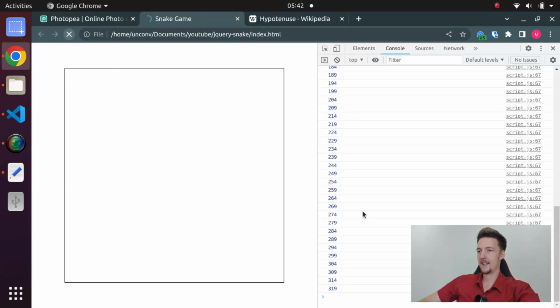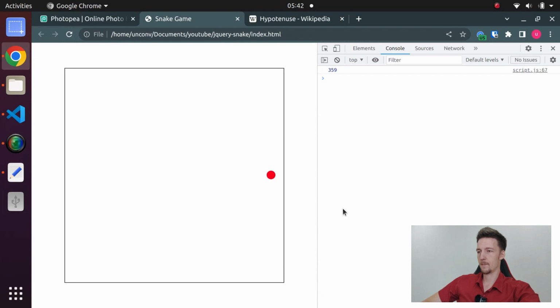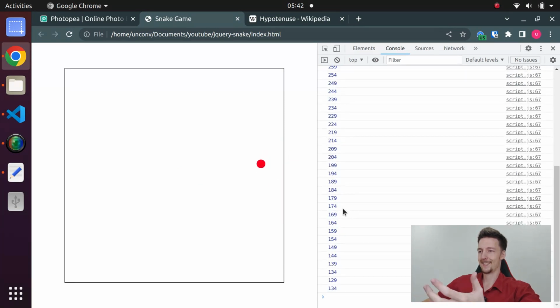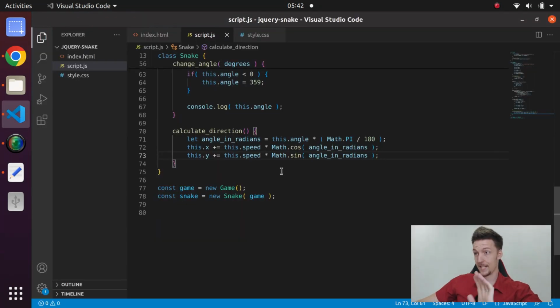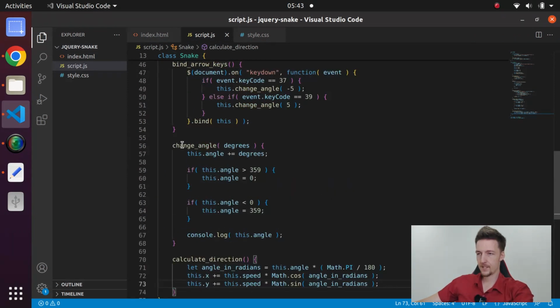So let's go back here and let's see if we can move it. Look at this. It moves beautifully. If I turn left, it goes left. If I turn right, it goes right. Perfect. And what is even better, here we have this change angle function, which checks if the angle is too